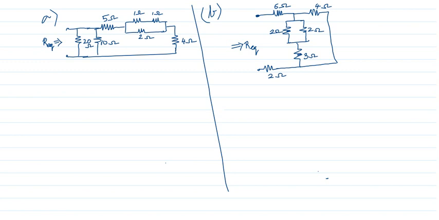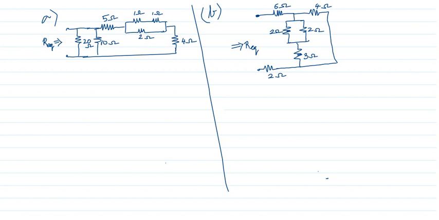If you observe, it's quite simple that this 20 and 10 ohms are in parallel because both the resistances are connected to the same points, to this point and this point. So they are in parallel, which means they will have the same voltage. What about 5 ohms and 2 ohms? Are they in series? Look at it. The current coming will go here, and the current coming will also go here. So all the current flowing through 5 ohms will not flow through 2 ohms. So they are not in series.